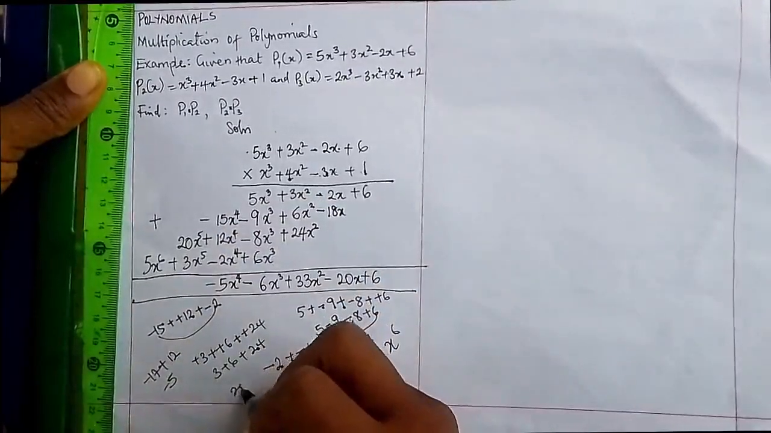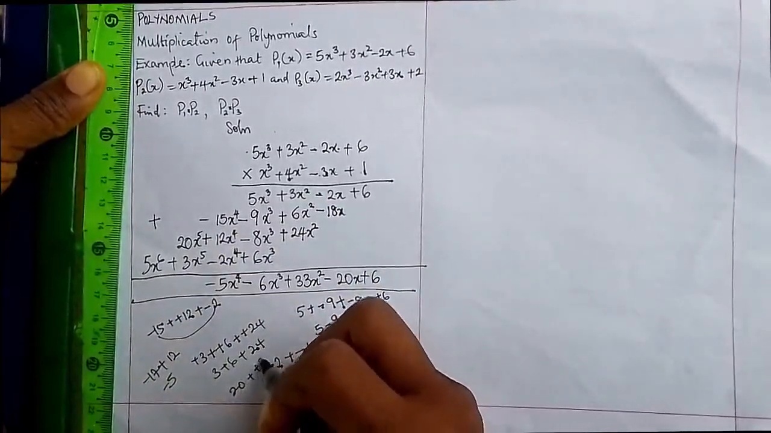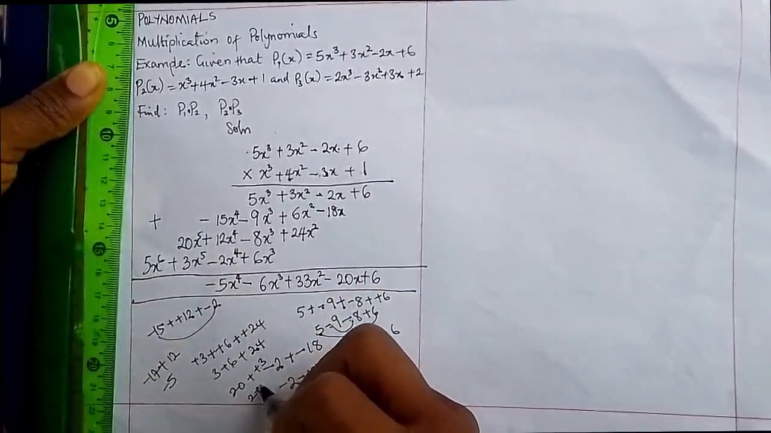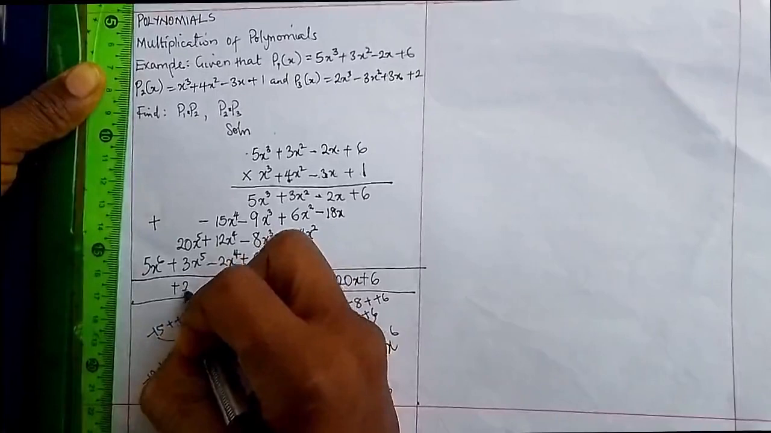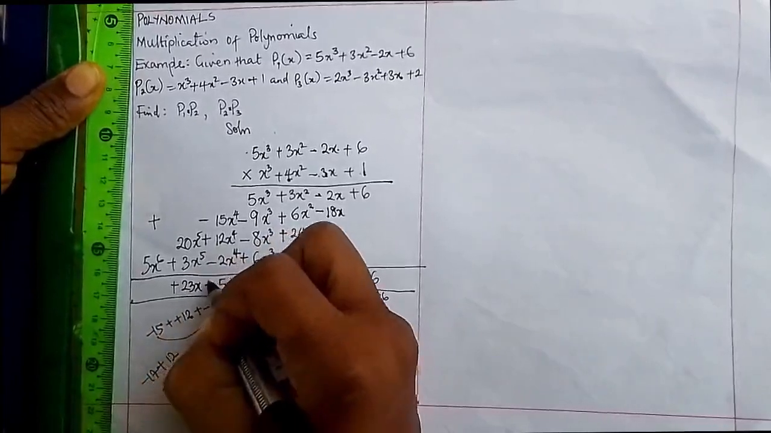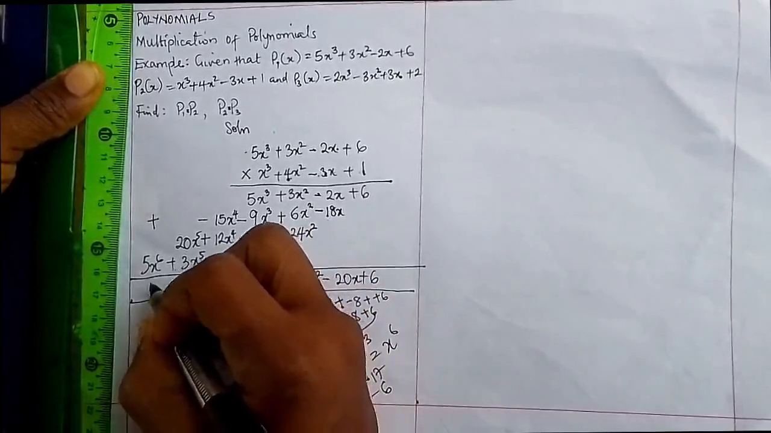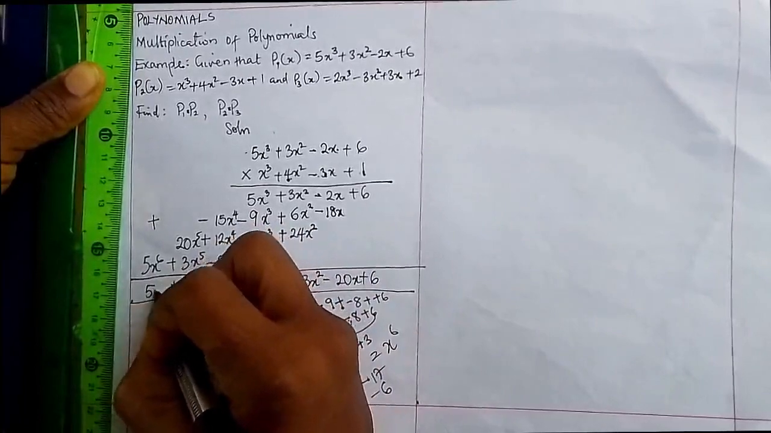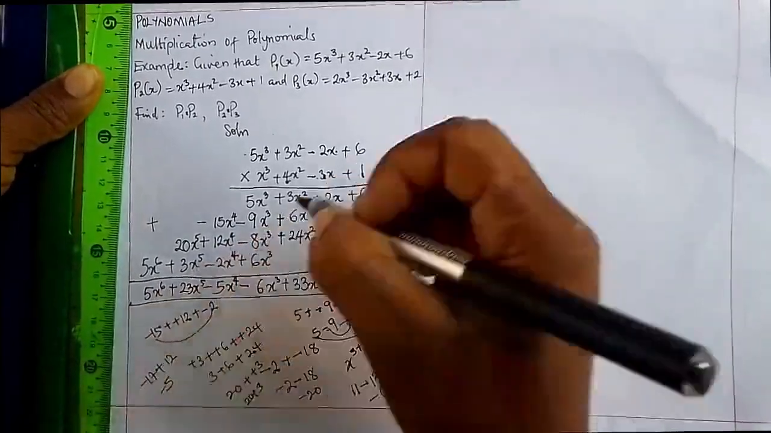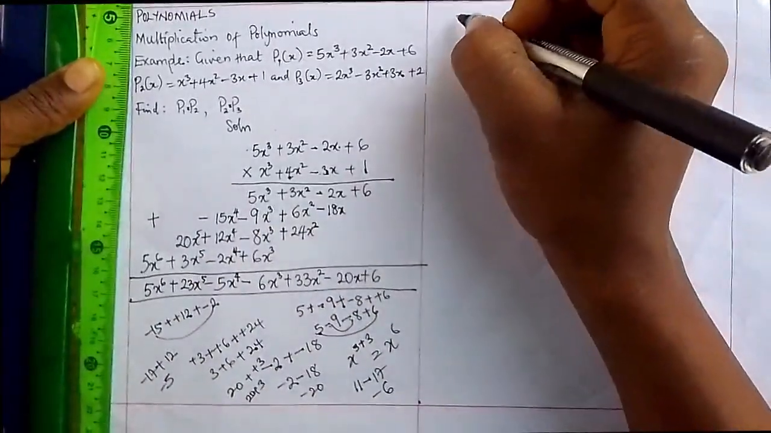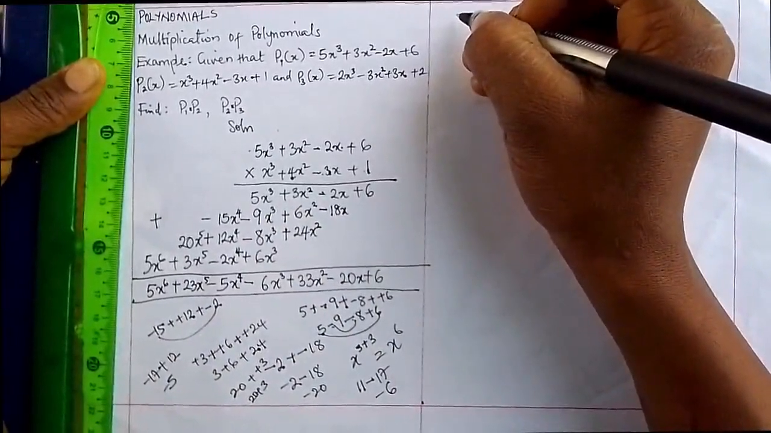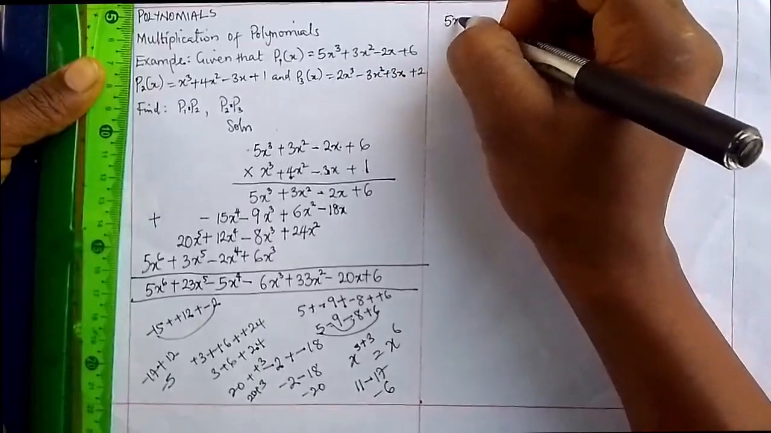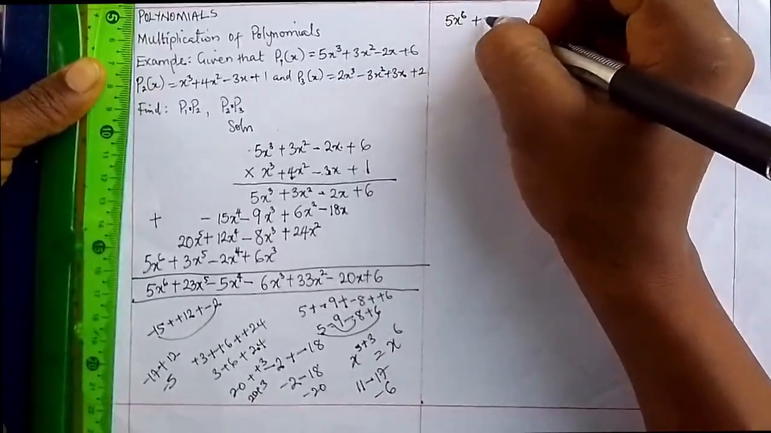Now 20 plus 3 will give us 23. So what we have here is plus 23x raised to the power of 5. And we bring down the last number, 5x raised to the power of 6. It then means that our final answer from all our addition is 5x raised to the power of 6 plus